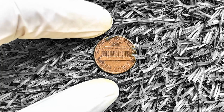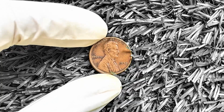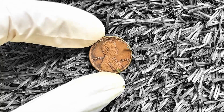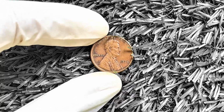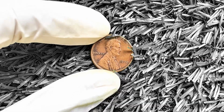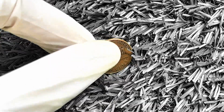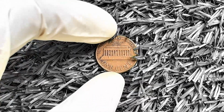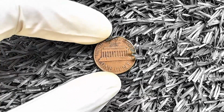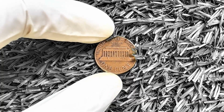This mistake caused a limited number of these coins to be produced without the expected D or S mint mark. But here's the thing, most of the people who own these pennies don't even realize their worth. They're still sitting around in coin jars, unappreciated and unnoticed. So, are you ready to check your pennies and find out if you've got a fortune sitting right under your